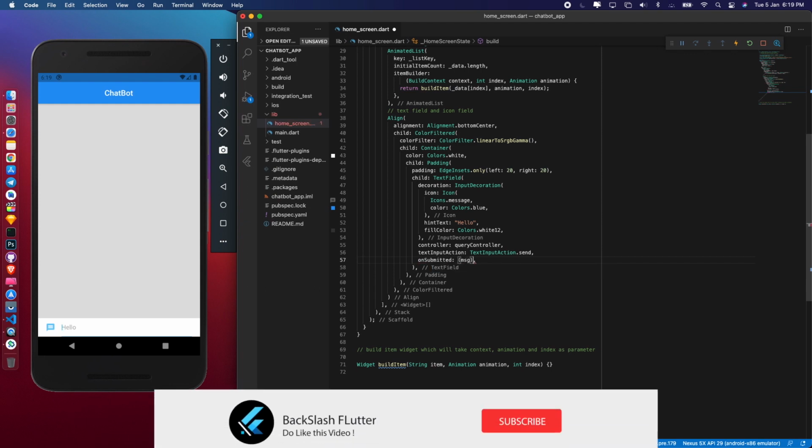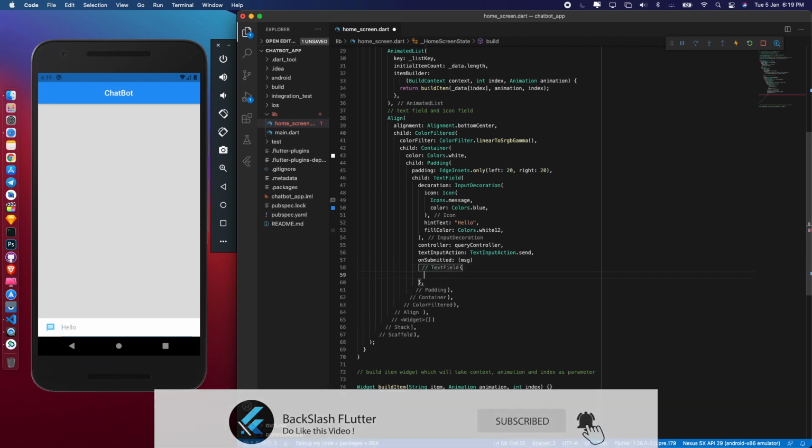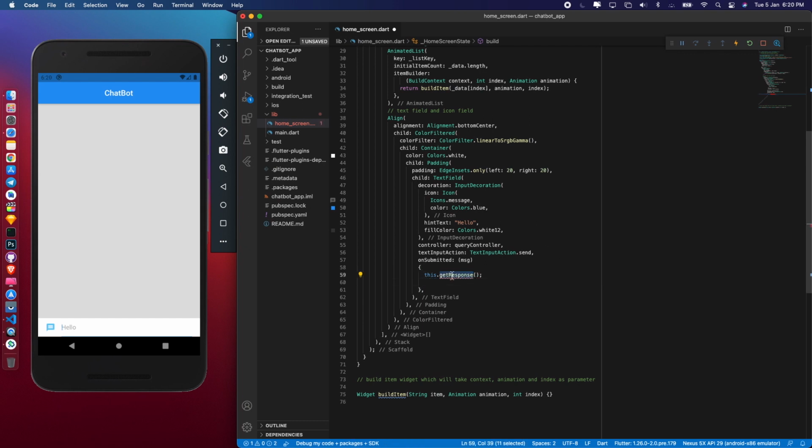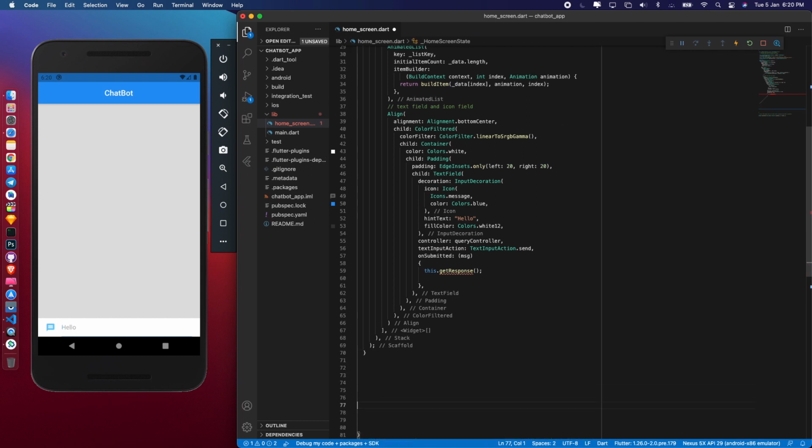Now we need to create an onSubmit function, and this will return this.getResponse. So we will be creating this function also, getResponse. It will get response from our HTTP client and it will display the result.